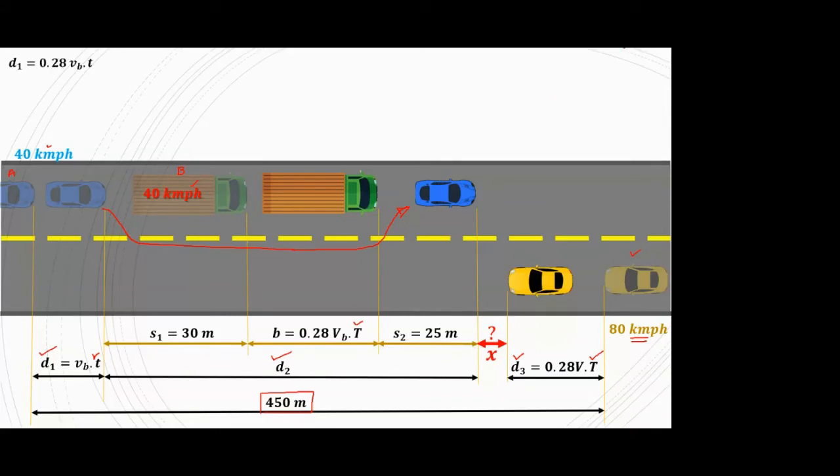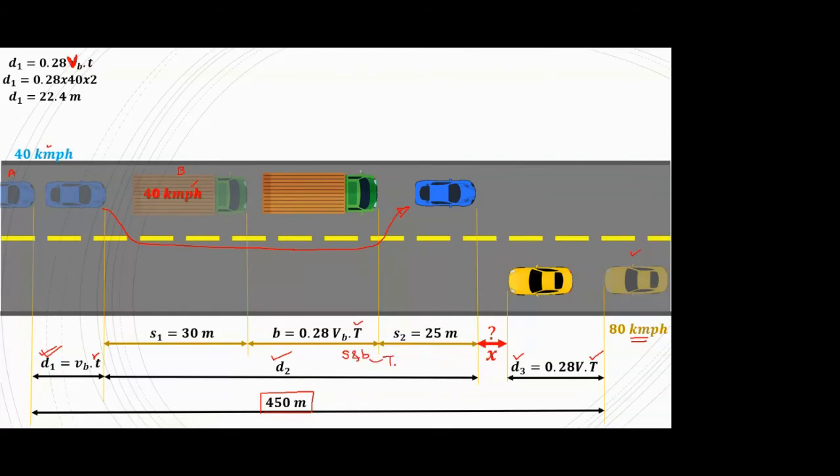Okay. So starting with D1, again we have the formula. Oh, sorry, by mistake I have written small v. It's capital V. So D1 is 0.28 VB, capital VB into T, because I'll be directly substituting the value of speed as kmph. So that is 0.28 into 40 into T. They have given the hesitation period 2 seconds. So D1 comes out to be 22.4. So this is completed. Now the next thing is D2, but for finding D2, we need to find two terms, that is S and B, and for finding out B, we require T.